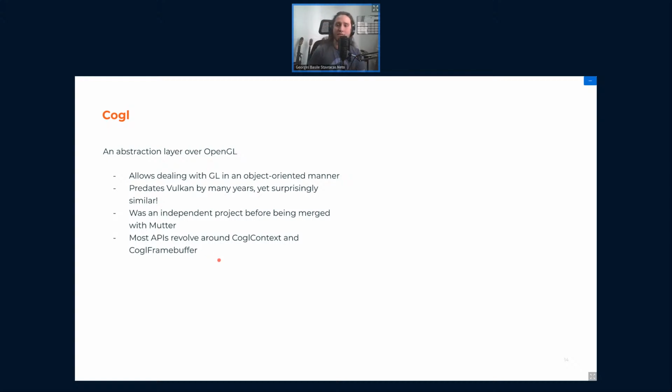Cargo predates Vulkan by many years, and yet the abstractions inside Cargo are surprisingly similar to Vulkan. It has a swap chain object that behaves more or less like the Vulkan swap chain, explicit image types, an explicit context. It's incredibly similar if you think about it.